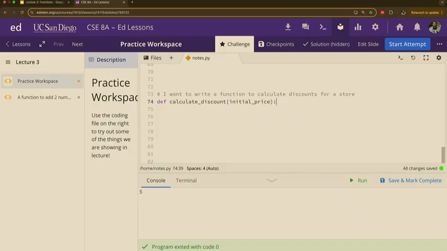We're going to call something initial price. Did I spell that right? Initial price, right? This is what we want to get. And then Python says, okay, great, are we done? Yes. The little colon means that we're done starting to write this function.